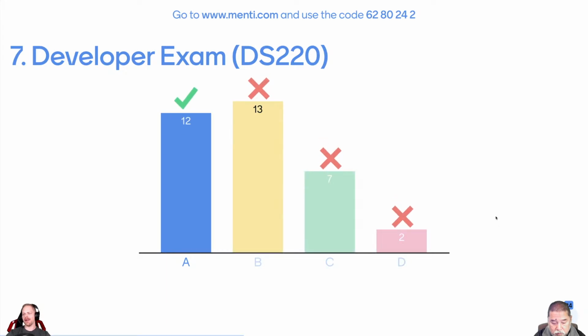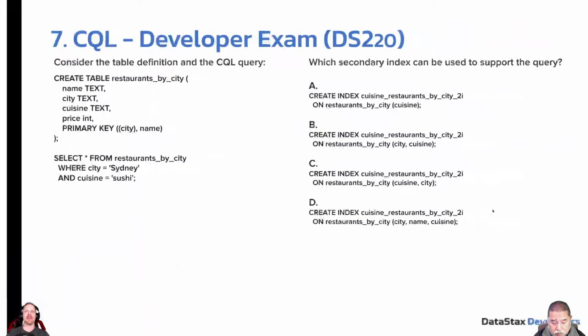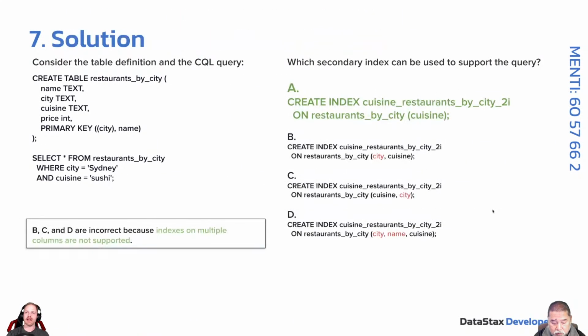All right, so this one may have been a little tricky. This is, again, one of those questions that if you got it wrong, you'll never get it wrong again. So let's take a look at the why. Something to know about a secondary index is, if you look at all these other examples, you'll see that the correct answer is by cuisine. Now, if you look at our original table, our partition key here is city, and then we're clustering by name. Now, in the query that we're trying to support here,